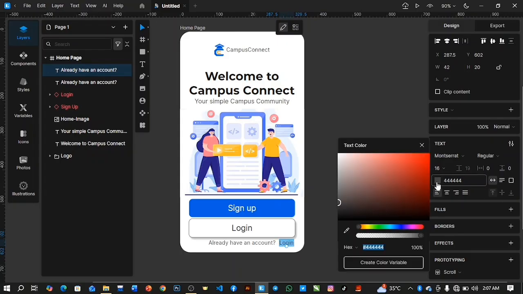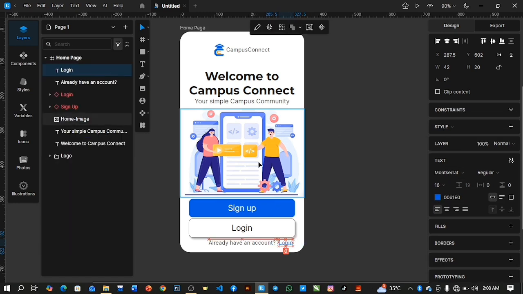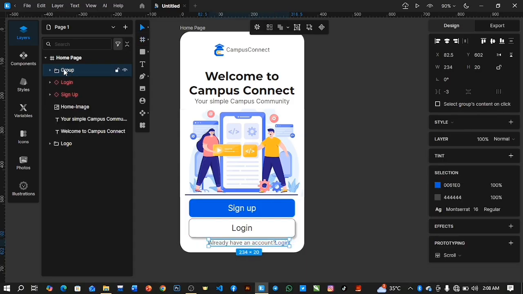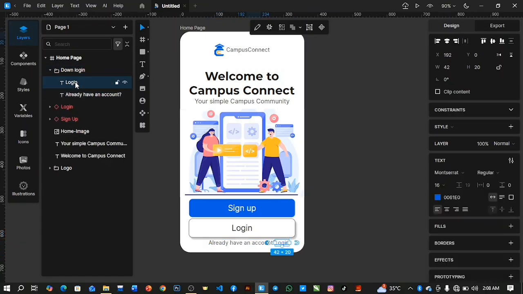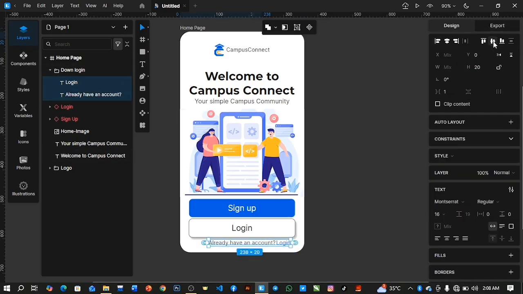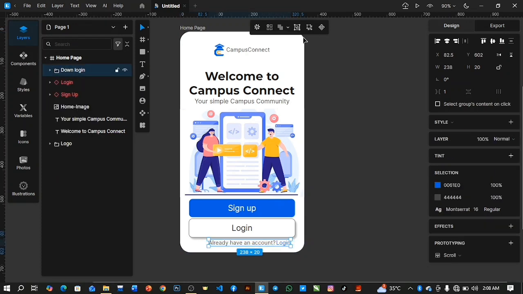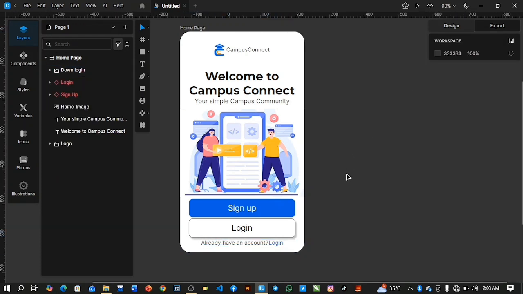Color to blue. This color. I'm just going to group these two together. I'll just name it, let's just say down login. Anything you want to name it. Adjust this. Yeah, I guess we are done